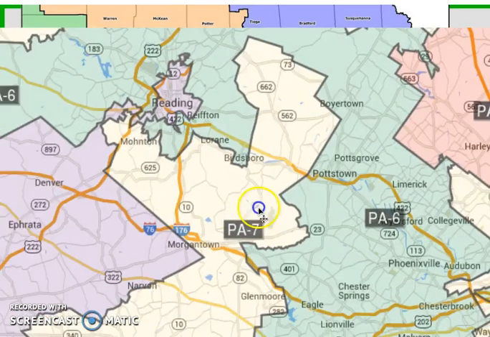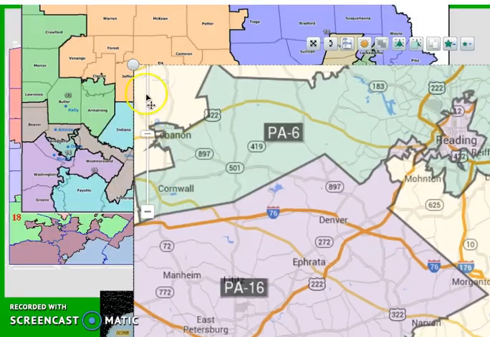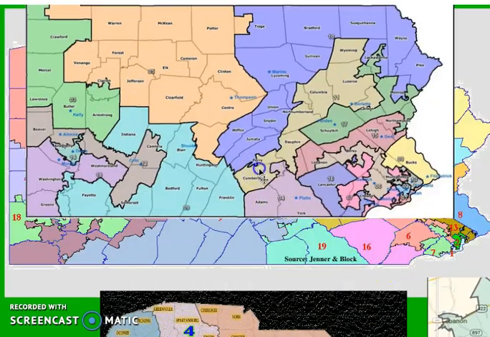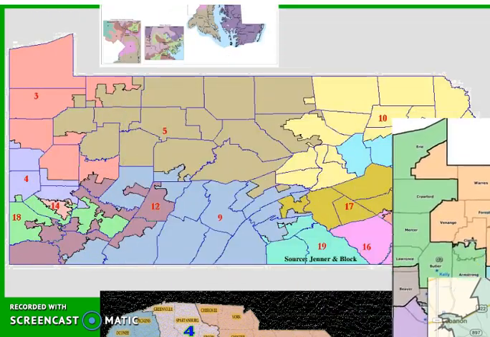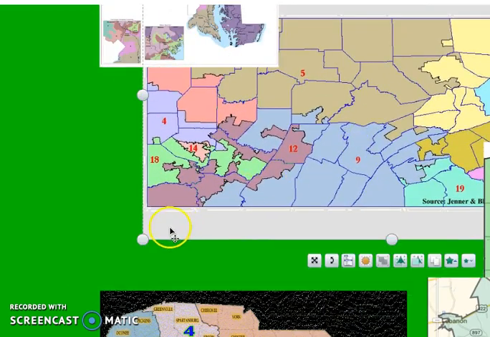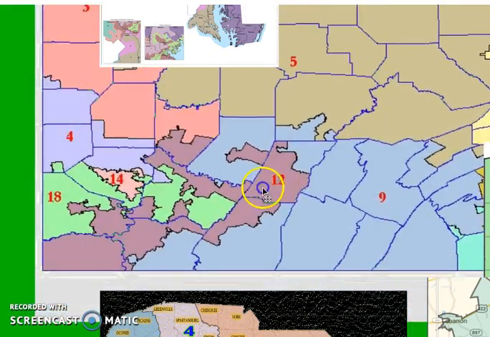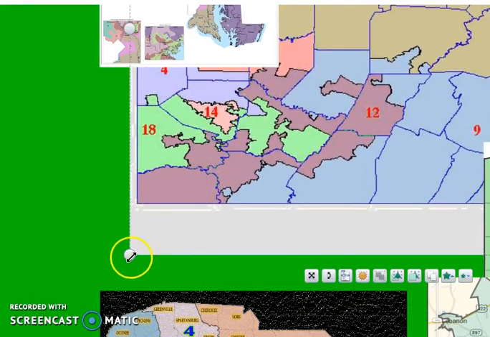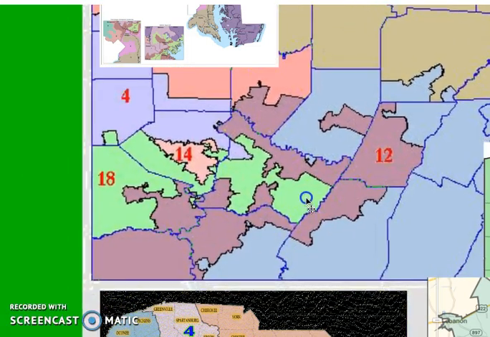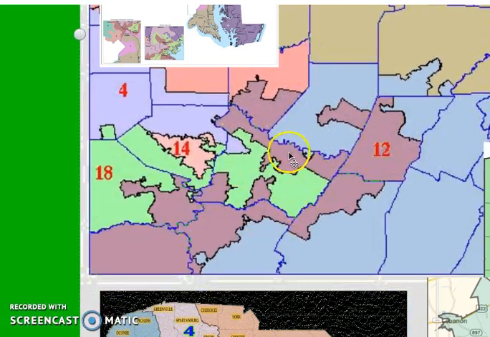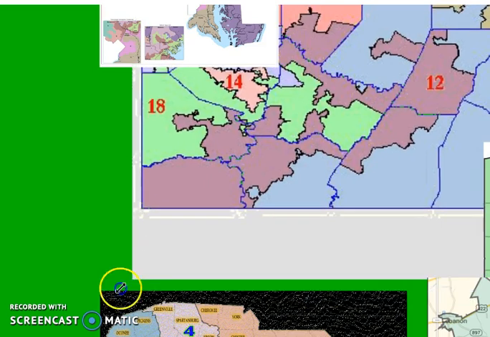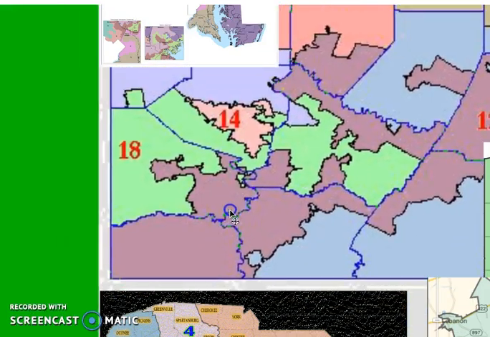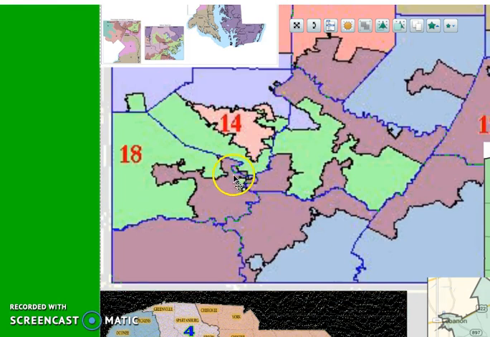Nobody drew this district by accident. Obviously somebody had a partisan purpose in mind for this. Here are Pennsylvania's old districts. Here are their old districts, which in some ways are equally ridiculous. Look at this crazy district over here, near Pittsburgh. This was the 12th district, this all sort of brownish purple color. The 18th district, this ridiculous green color. And look at this if you zoom way in here, how silly this gets. It's hard to see, but it's this little island of green amid the sea of purple. This is an island of purple amid the